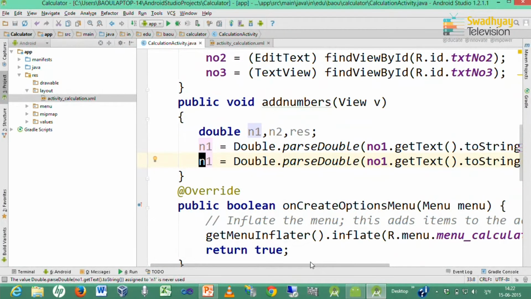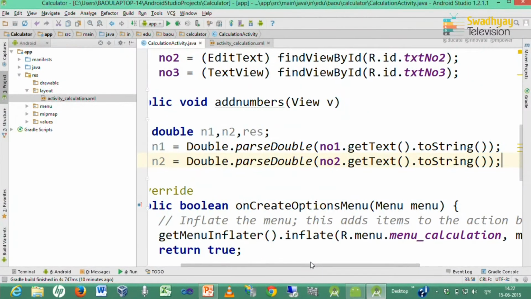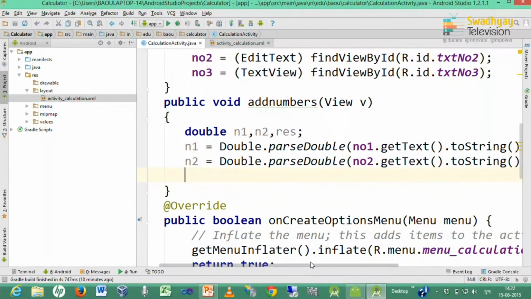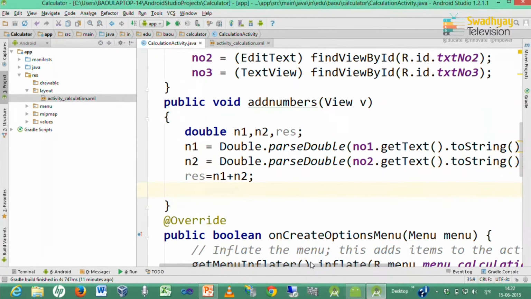Likewise, I can write n2, which is the double value of the number entered in the second text box, and now I have two numbers entered by the user. So, I can write n1 plus n2, which is the sum of these two numbers.